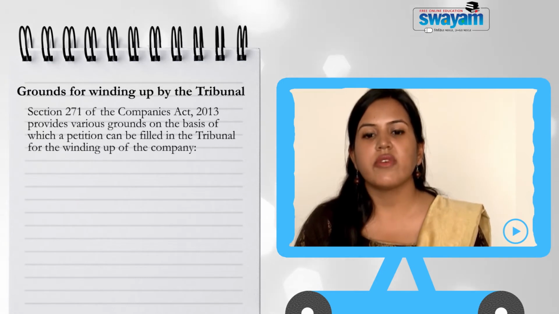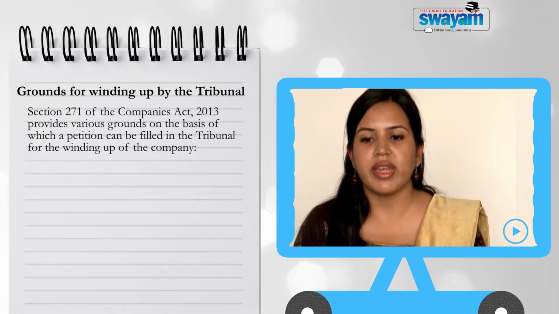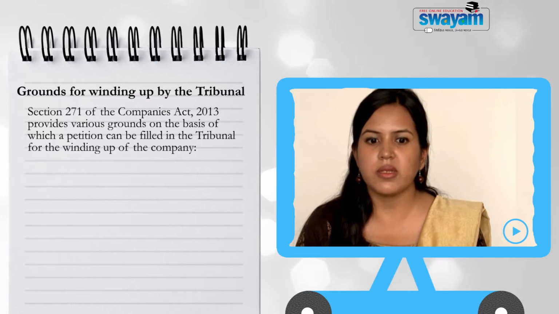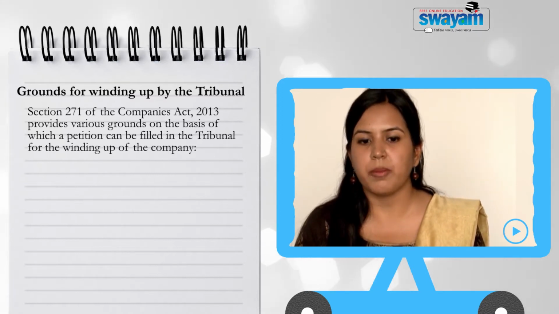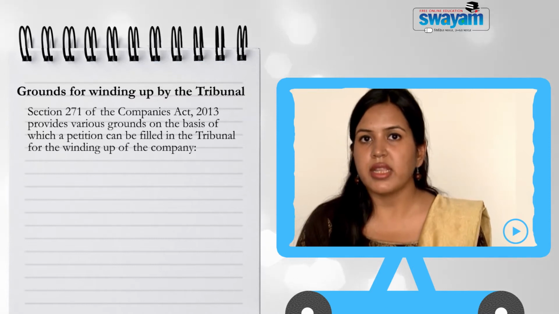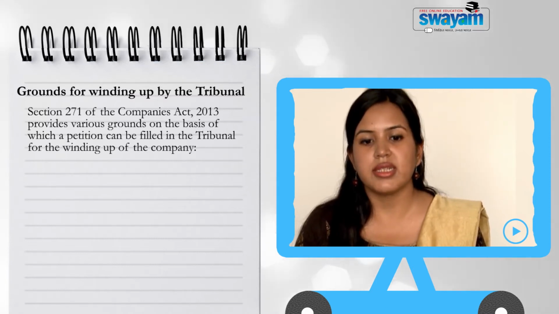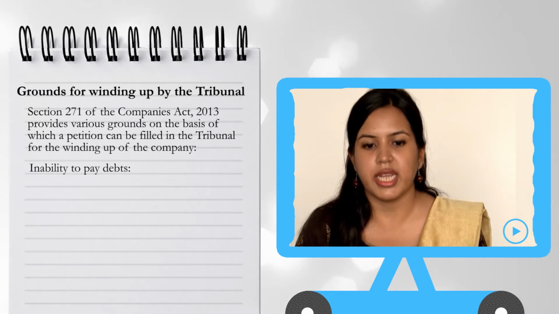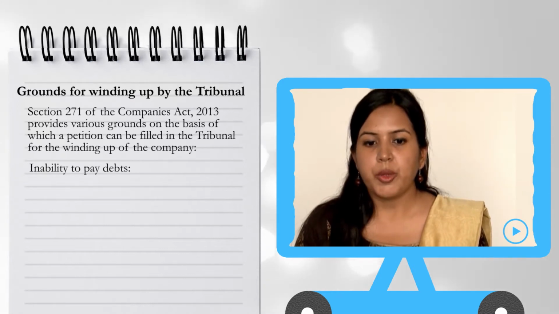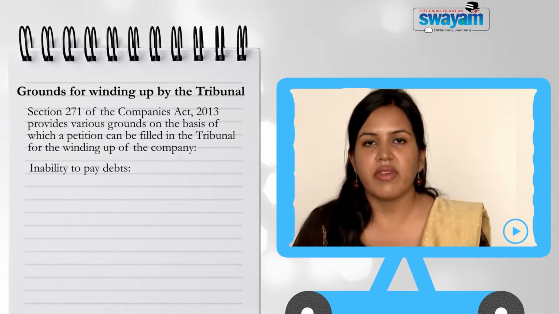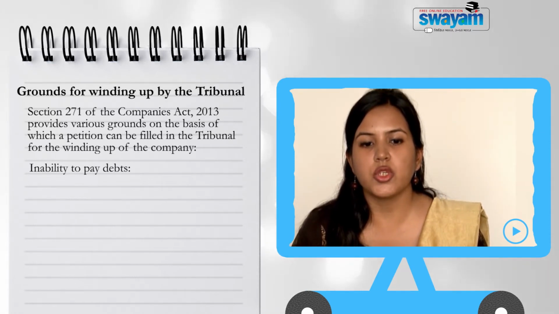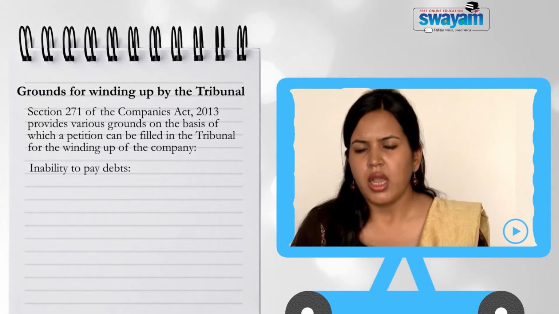Section 271 of the Companies Act 2013 provides various grounds on the basis of which a petition can be filed in the tribunal for the winding up of the company. The first and the most important ground is inability to pay debts. Inability to pay debt itself clearly clarifies its meaning, that whenever a company fails to pay its debts,